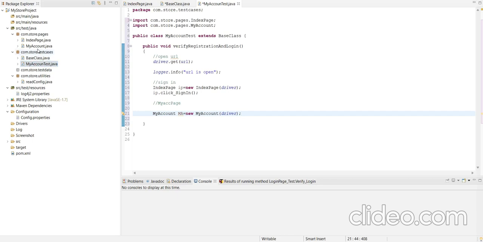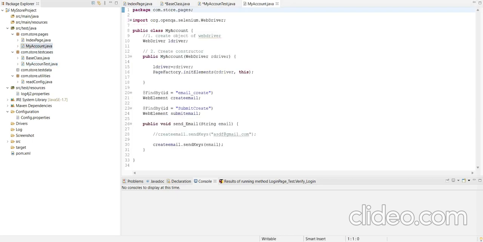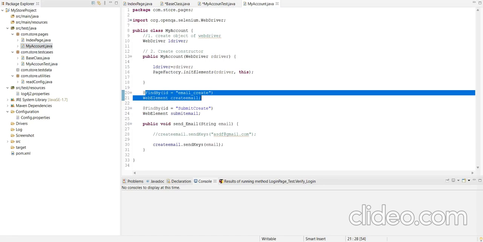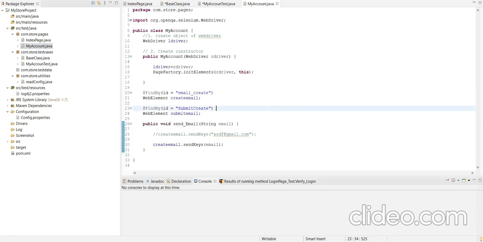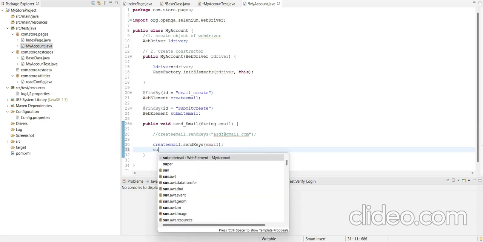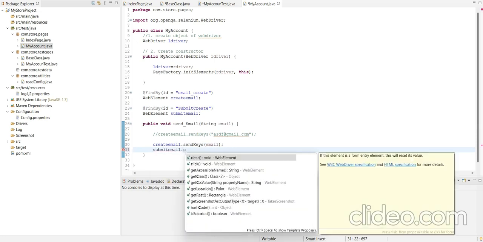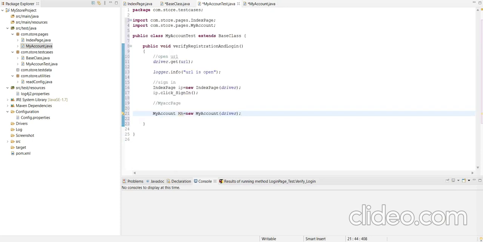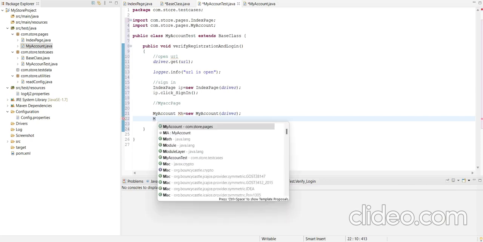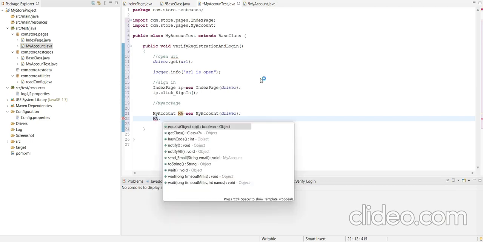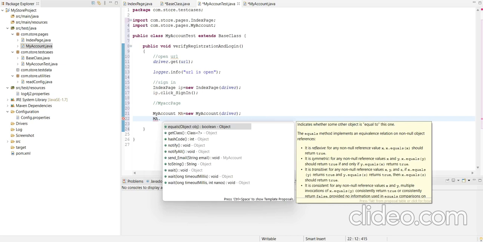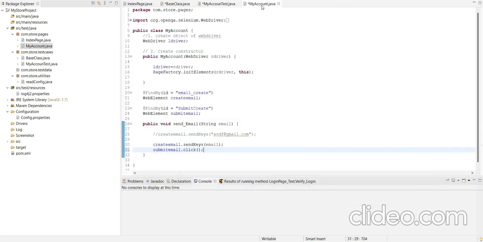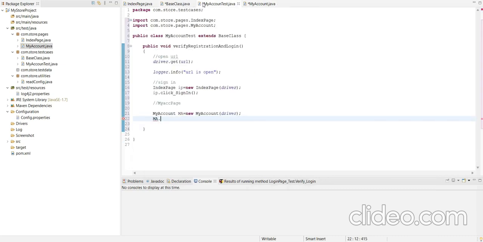In the my account page, we locate this button using find by annotations. Also we create the method for that, that is submit email dot click. Okay, in my account test we will use my account dot, and the method name will be create email and submit email.